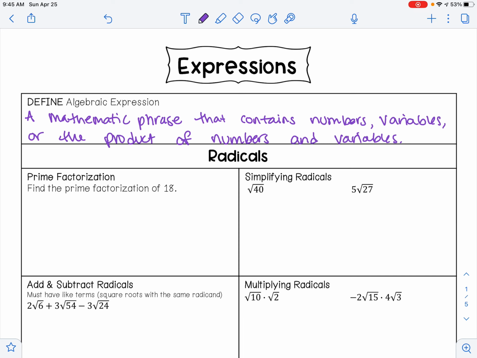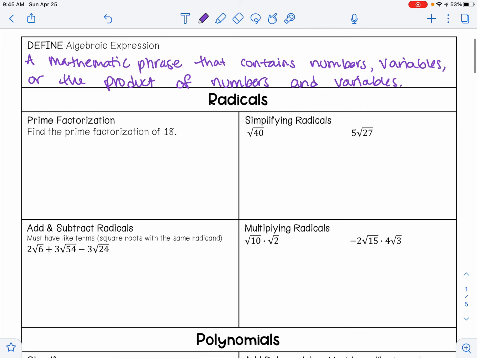So the first type of algebraic expressions that we're going to look at and review today are radicals. To be able to simplify a radical, we learned about prime factorization. And the method that we focused on this year was the division of primes method, which we called the birthday cake method. To do prime factorization using birthday cake, you take the number that you want to prime factorize,